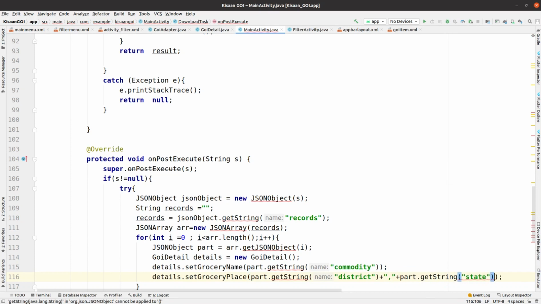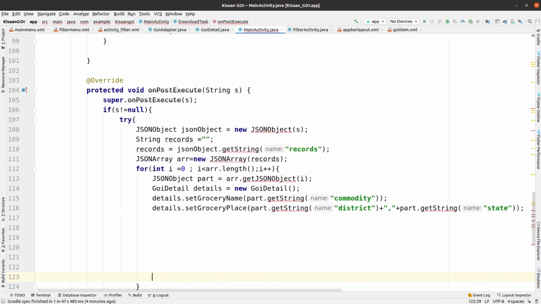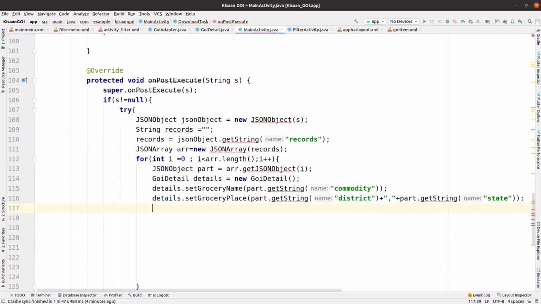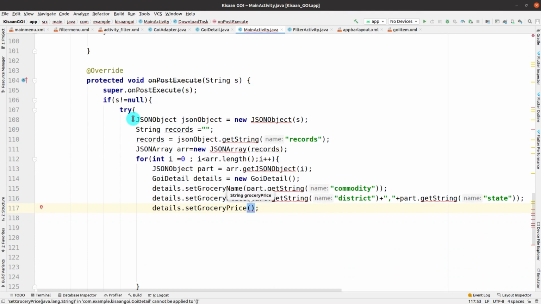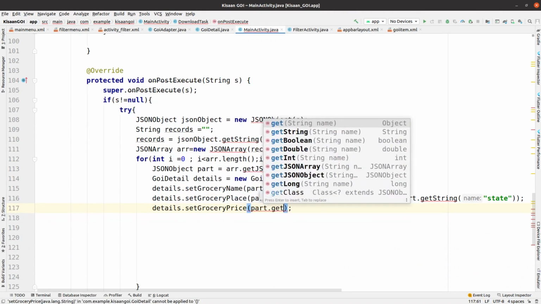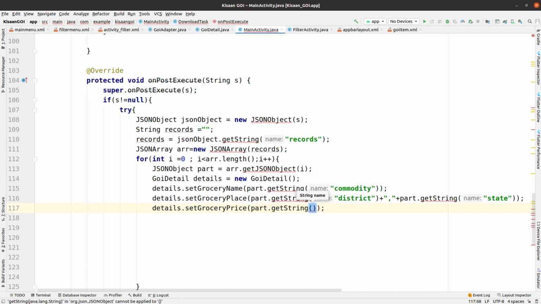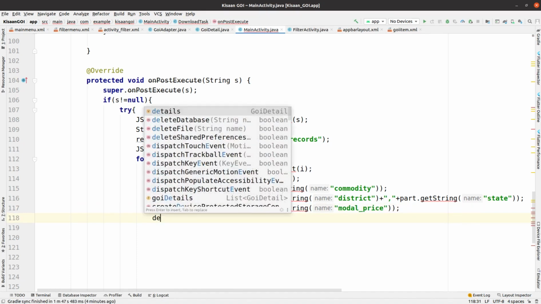Now I have set it up to that grocery place, and then the final one is there. So let me write it here like grocery dot grocery price get string, and then we just have to give that model price. So model price should be in double quotes, that's why it is showing that red line. Okay,